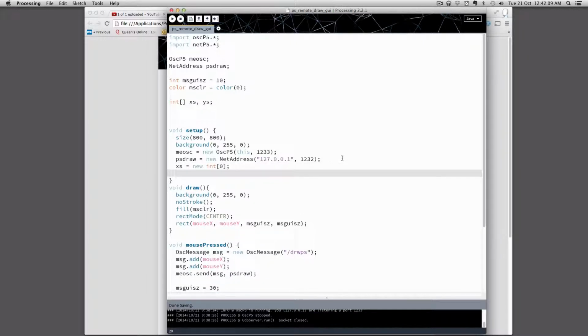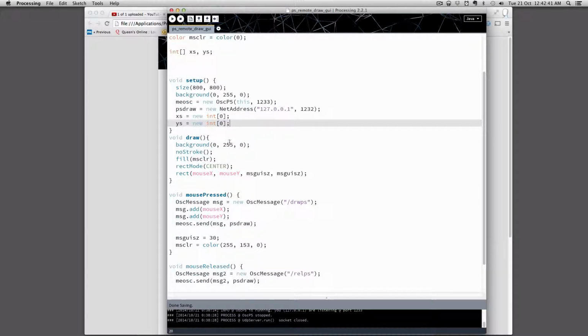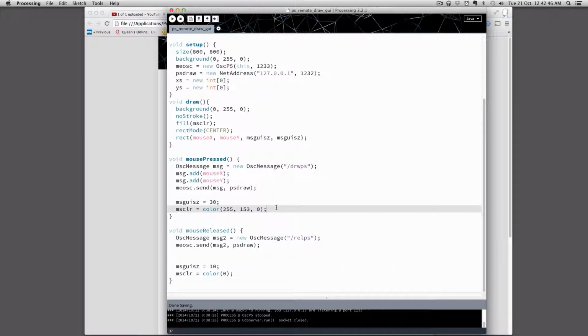And we'll do the same thing for ys equals new int and then 0 in brackets. And the number in brackets just refers to the initial length of your array. Now, if you knew how long your array was going to be, you can put a number in there like 5 or 10. But we don't know how many times we're going to click. Okay? So that's all good and fine. We have these empty arrays, and they're getting ready to store our x and y values for our clicks. Now, what we need to do is we need to add